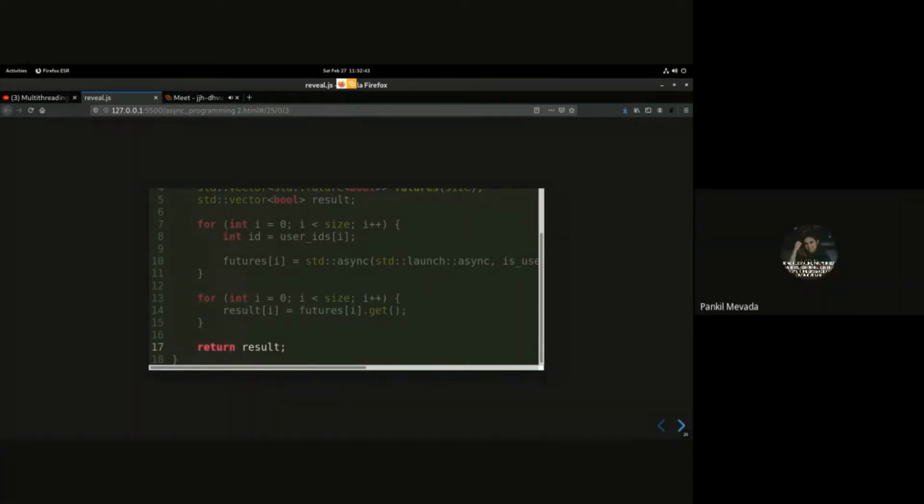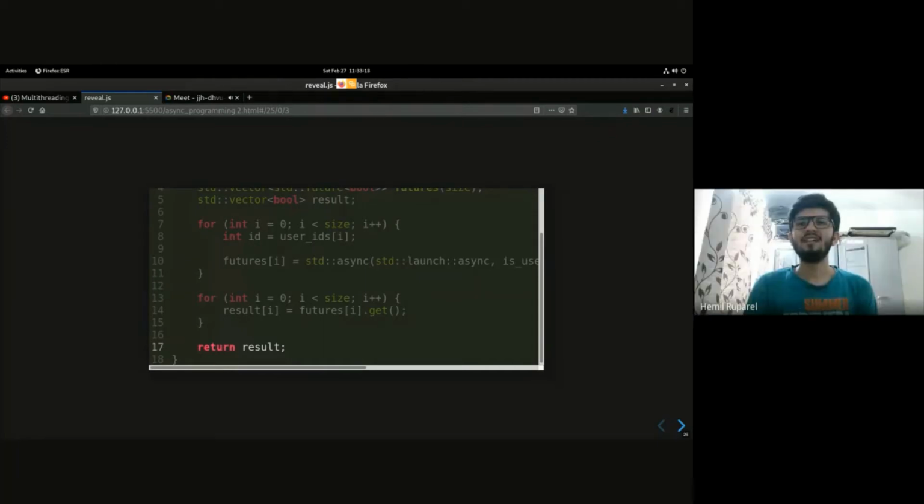Hi, I have one question here. Sure. Actually, I see there are some advantages of async over thread. Like here we can have a return type, but in thread you cannot. But can you tell the exact difference when we have to use std::thread and async? Because async is also internally using threads, and both are separate things. It is working, but they have some advantages and disadvantages, and it's not clear to me when to use what. So can you just tell if you are aware?